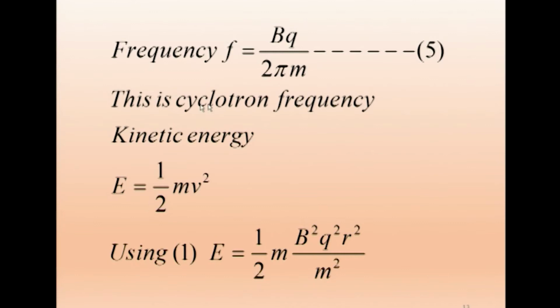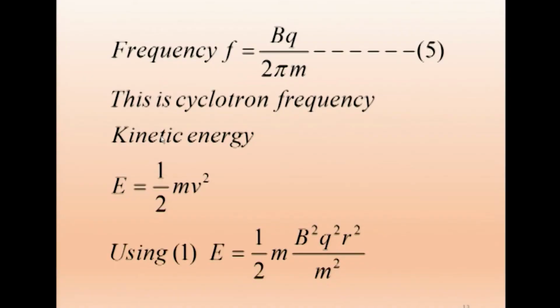This is called the cyclotron frequency. This must be the cyclotron frequency in order to have the particle accelerated. Whenever the particle enters the d, there must be a changeover from one d to the other d, a change in polarity. This is the frequency condition we are putting.